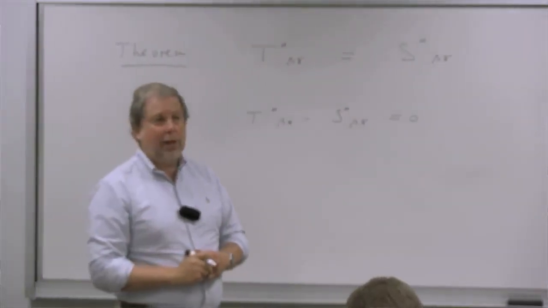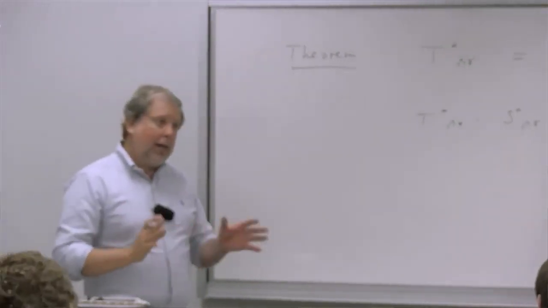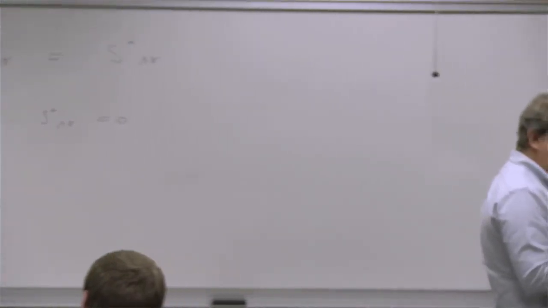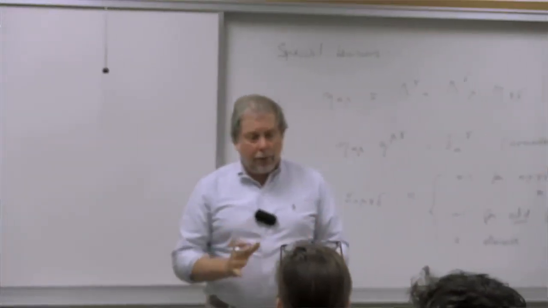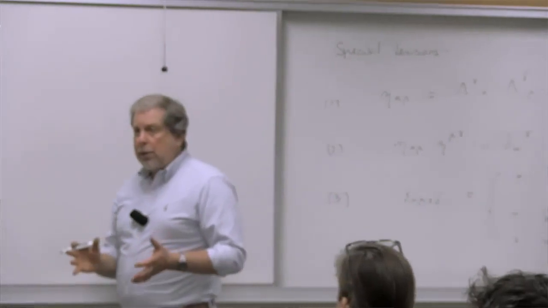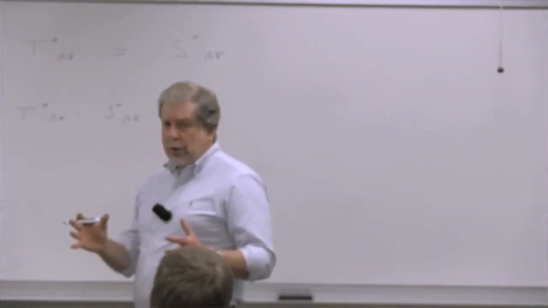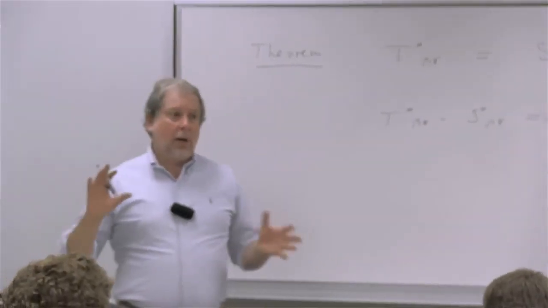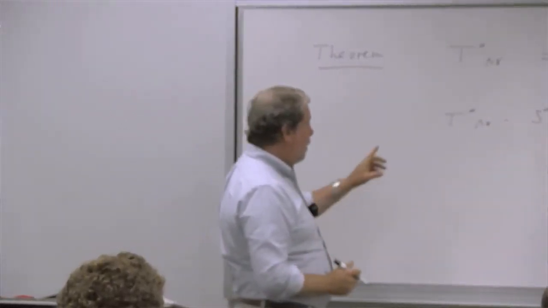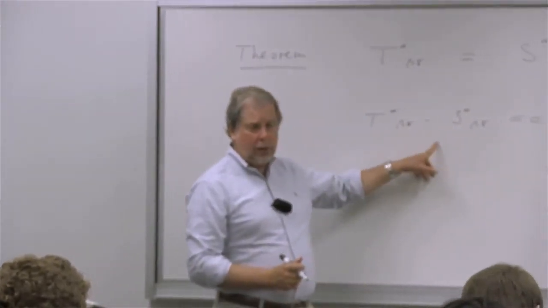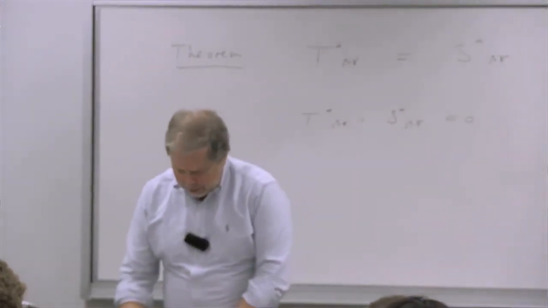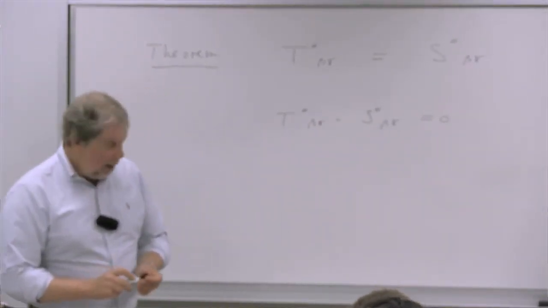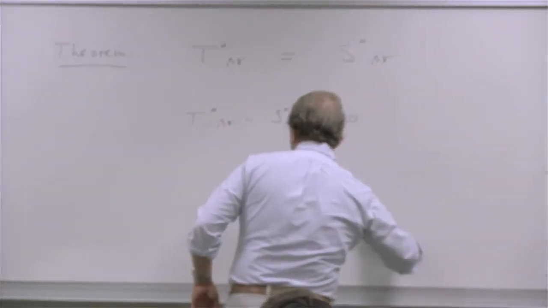And that's the importance of being a tensor. If you're not a tensor, then that's not going to happen. So the central meaning of a 4-vector, 4-tensor, and so forth is that out of those objects, you can construct things which are invariant. You can construct equations that will be valid in any reference frame, because of the transformation properties of tensors. Remember, the transformation laws are linear for both of these. So if the difference vanished in one frame, then it will always be 0. Okay, so this is the short introduction of